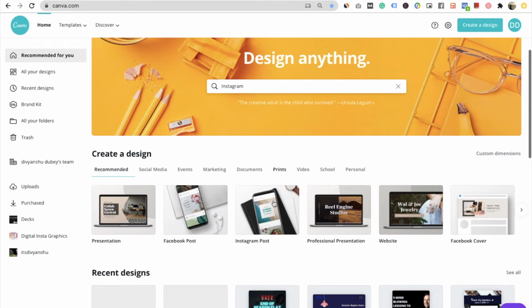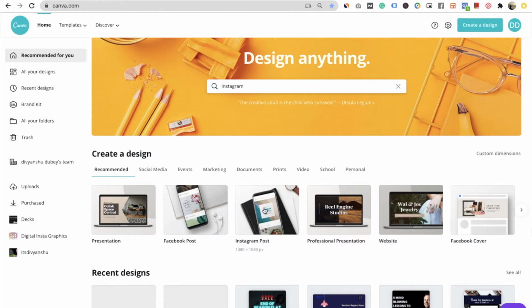We'll be creating one graphic here, and I'll tell you how to edit everything here in Canva. And here you can see this is a design option. So you will find a lot of templates. You want to create a presentation, you want to create a Facebook post. The best thing about it is not just that you will get the templates here, but also you are not supposed to choose the dimension. You will be able to see the dimension written below each one.